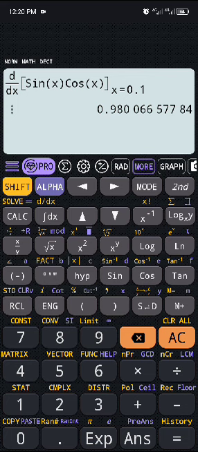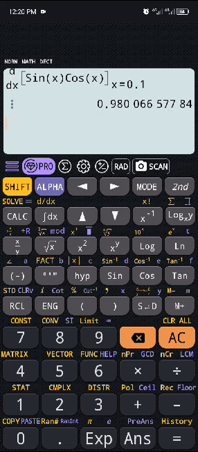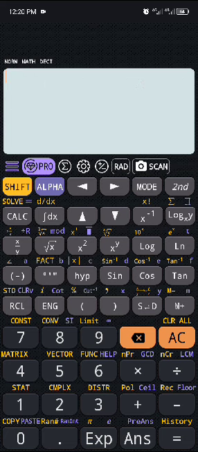Now it's assumed that you don't know how to differentiate, so what you just do is go to the options and pick option A. Let's assume that your option A was cos squared x minus sine squared x. So come out, clear everything, right? Choose any from option A. Let's say option A